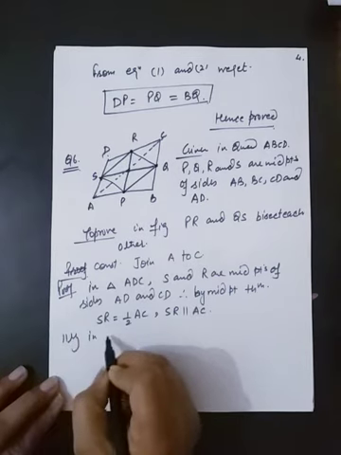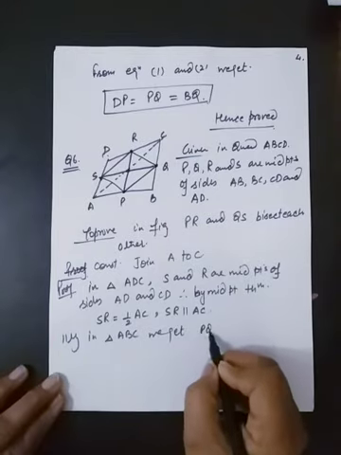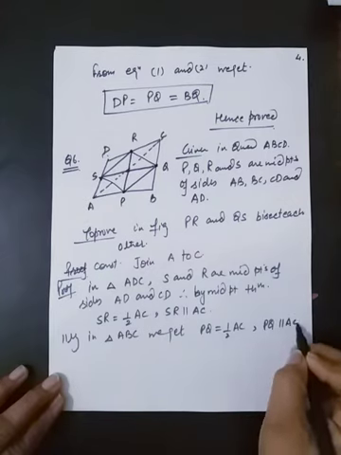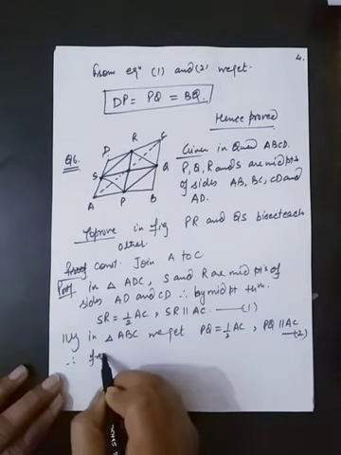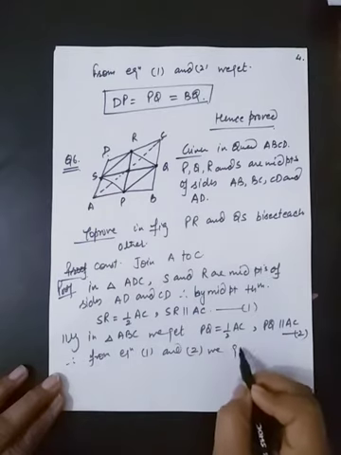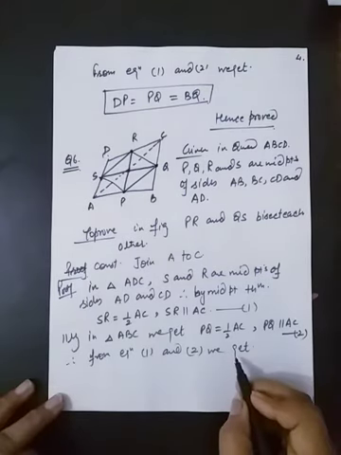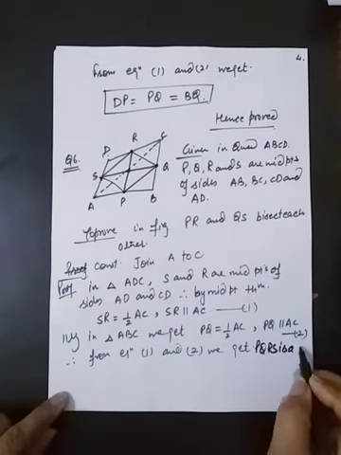Similarly, in triangle ABC, we get PQ is equal to half of AC and PQ parallel to AC. So, from equation 1 and 2, we get, because one pair of opposite sides of quadrilateral PQRS is parallel and equal in length. So we can say, or we get, PQRS is a parallelogram